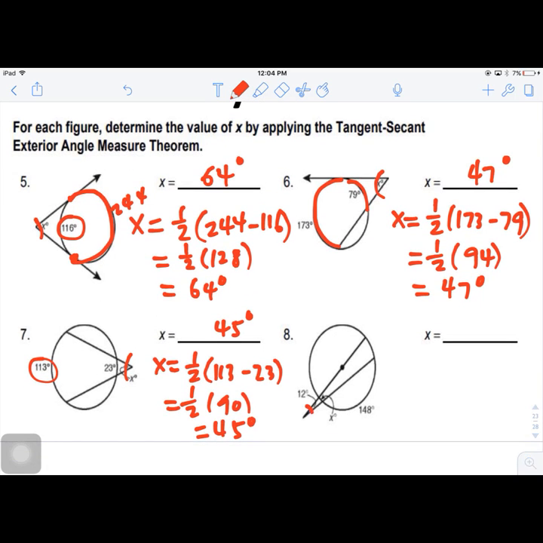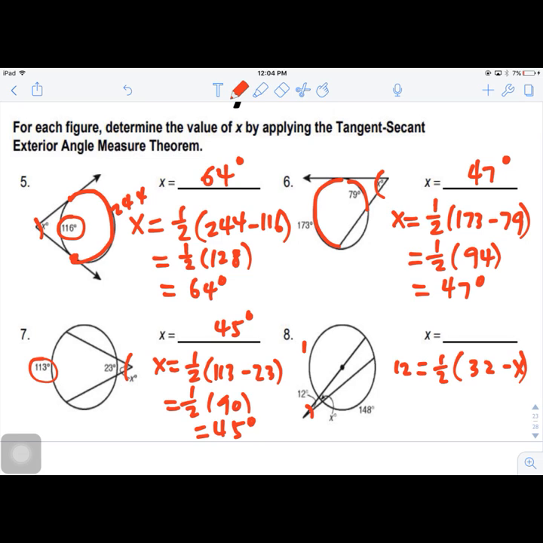Again, the angle outside is actually given this time. 12 is half of the big piece. In this case, we have 1/2 of 32 minus X. So simplifying,